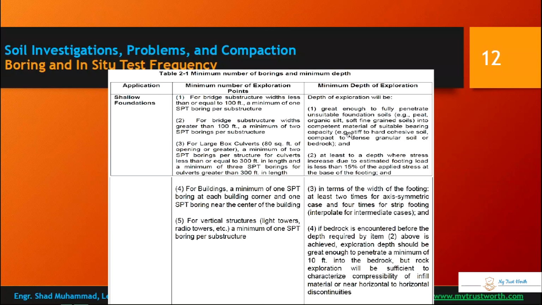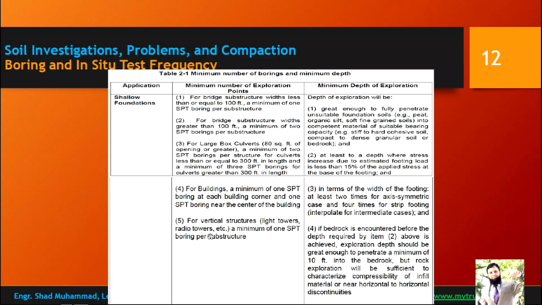So this is the requirement, that simple requirement, at least: your depth should be at least to a depth where stresses increase due to estimated footing load is less than 15% of the applied stress at the base of the footing. So this is data, you know, that load is transferred in triangular manner onto the soil. So if there is a base and there is a loading, so your exploration depth should be such that